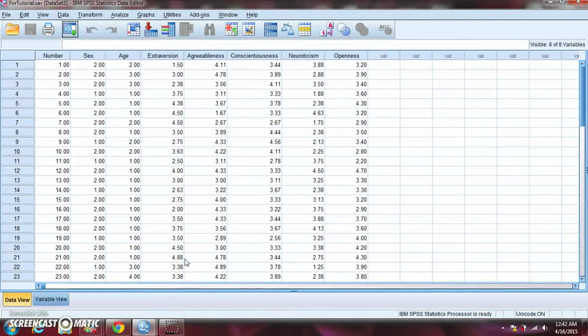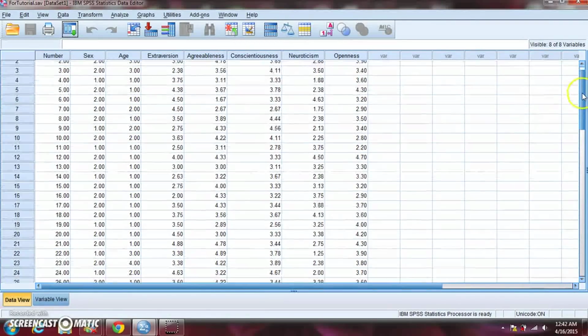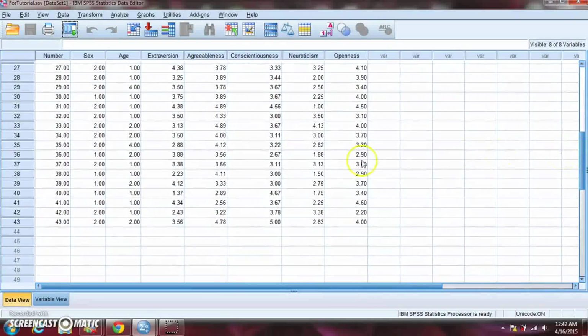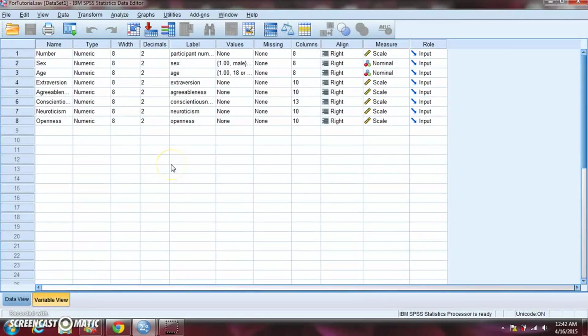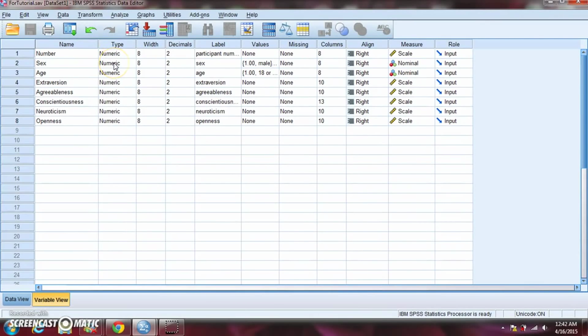Back to the data set, keep in mind that you can view the data set in two different ways. You can look at the actual raw data. When we look here, we see that we have 43 different rows, which suggests that we have data on 43 different people. You can also look at the variable view, which gives you a good sense of the actual variables in the study. So here we see 8 different variables: number, sex, age, and then extroversion, agreeableness, conscientiousness, neuroticism, and